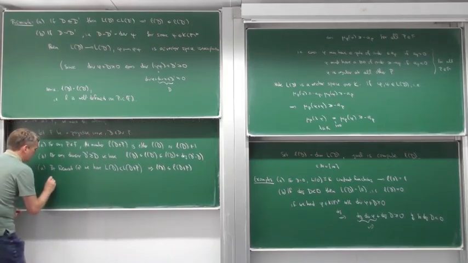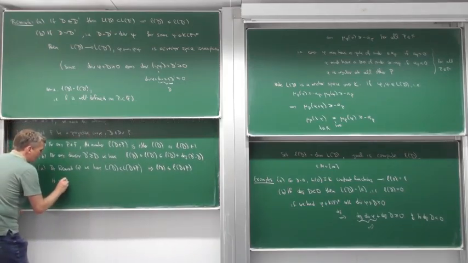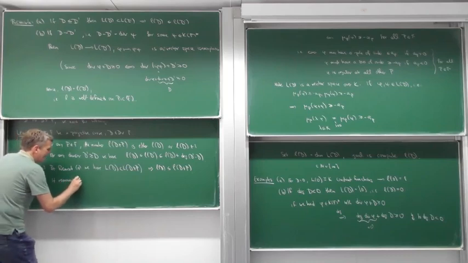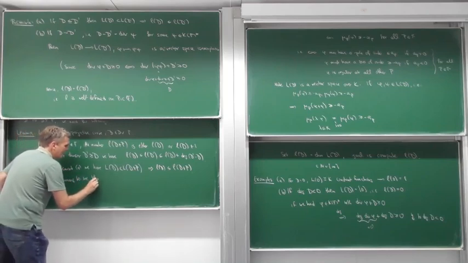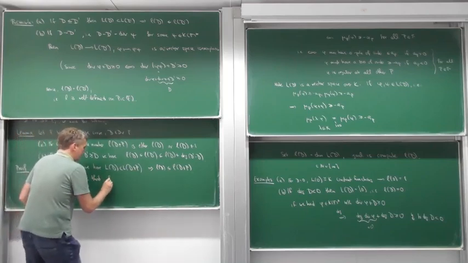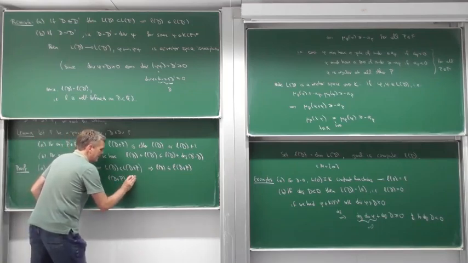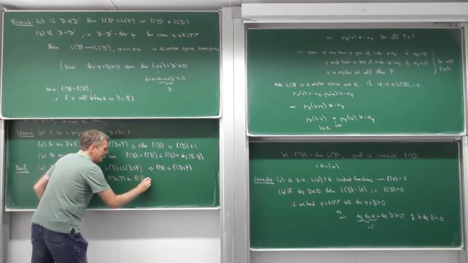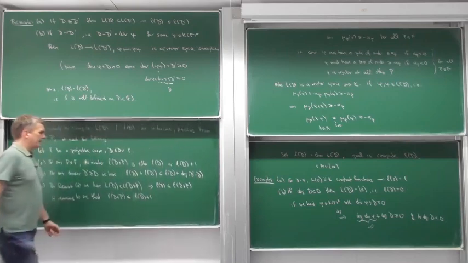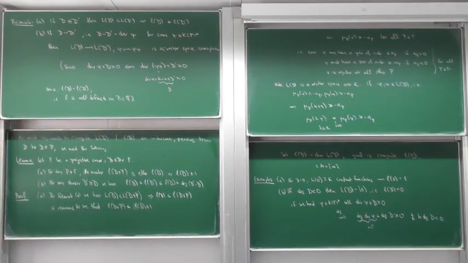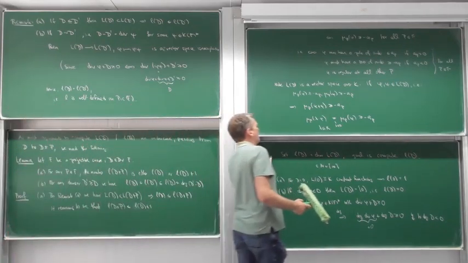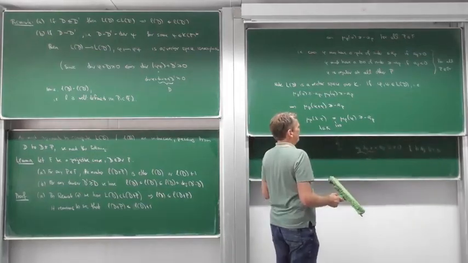So it remains to see that l of D plus P is less than or equal to l of D plus 1, right? Because this is the other bound. And to see this, let's consider the following